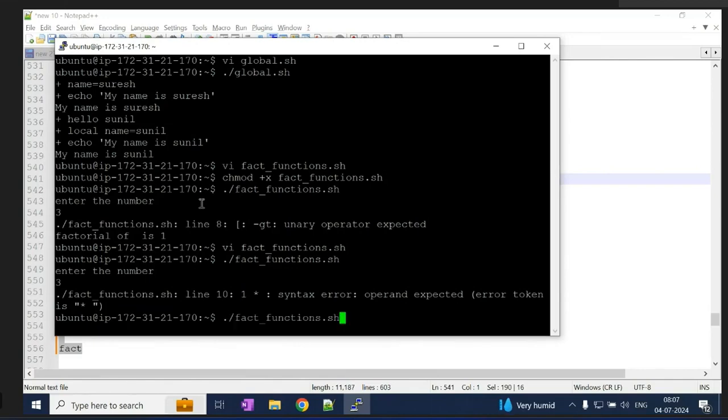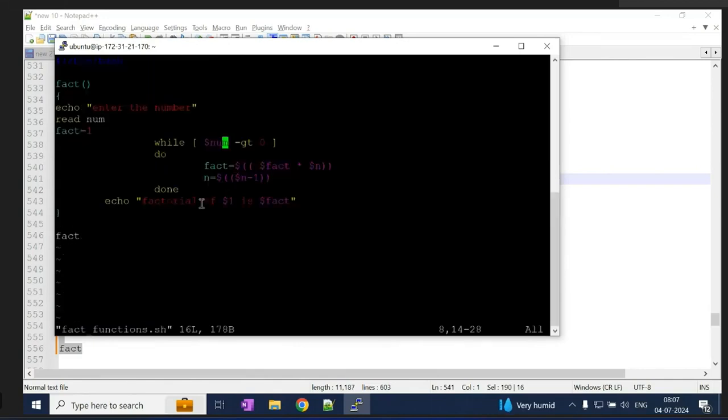Syntax error. N minus 1. Space after the parenthesis, in fact. Yeah, space here, after dollar in. Right, space is very important. Otherwise it will throw an error.